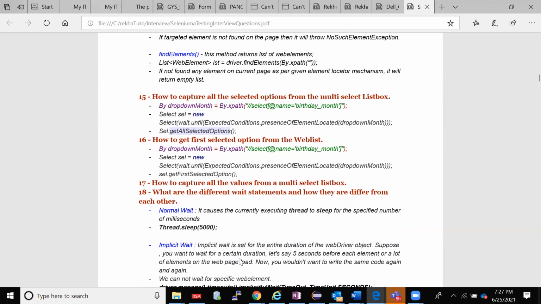Next, what is implicit wait? Implicit wait is set for the entire duration of the WebDriver object. Suppose you want to wait for a certain duration, let's say 5 seconds, before each element or a lot of elements on the web page load. Now you wouldn't want to write the same code again and again, right? As I explained to people, when you're describing a web page...